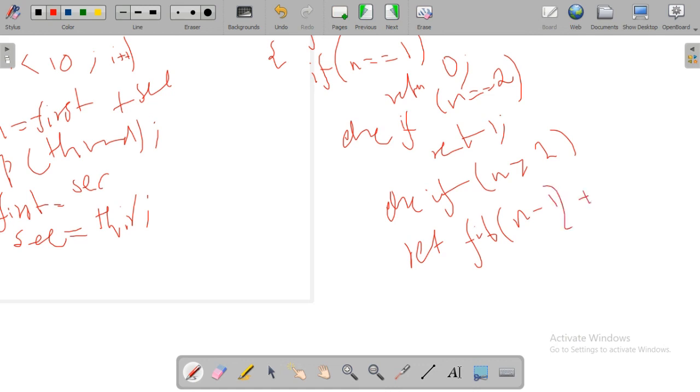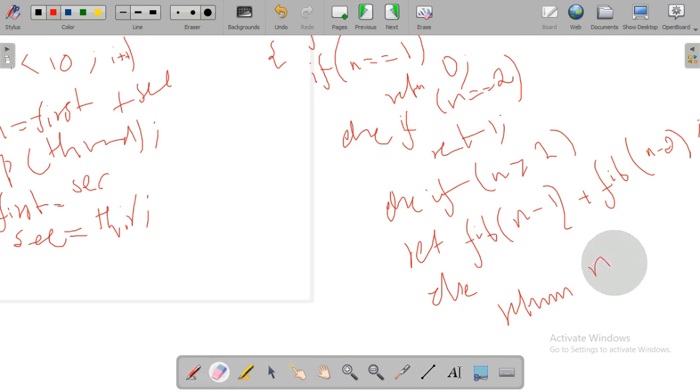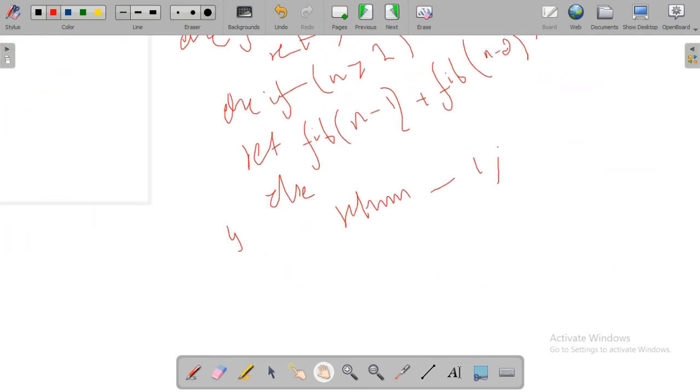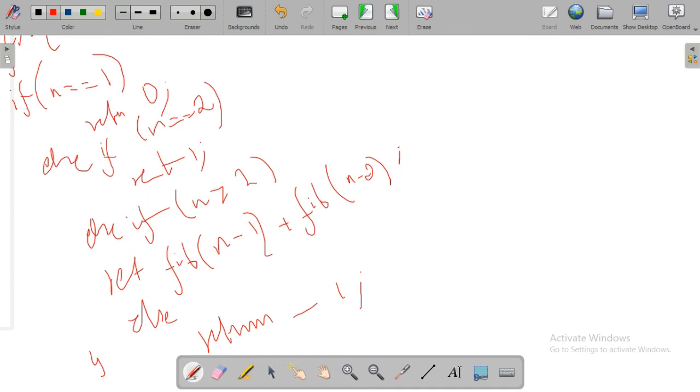We will call the same method: return fib of n minus 1 plus fib of n minus 2. Else we need to return minus 1.